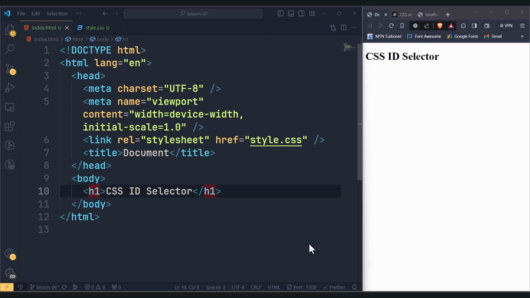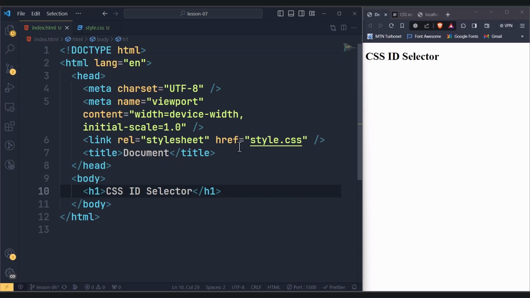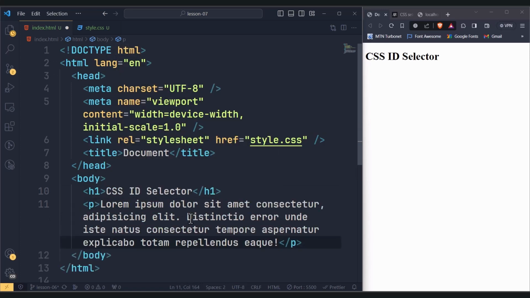With that said, let's dive in. The CSS ID selector lets you target an HTML element that has a unique ID attribute. So in my text editor here, I have my index.html file and then my style.css file, which I have linked in my HTML file using the link tag. So in addition to this h1 element, I'll define a paragraph element quickly, and using lorem, I'll generate 20 random